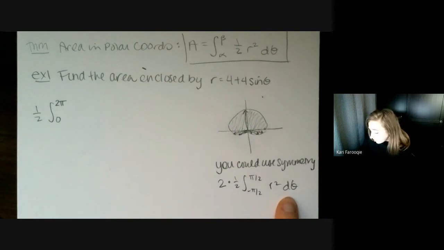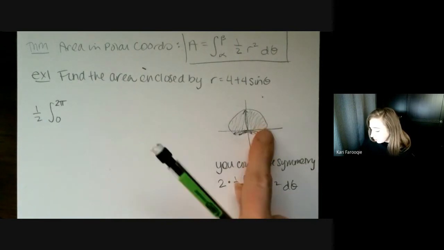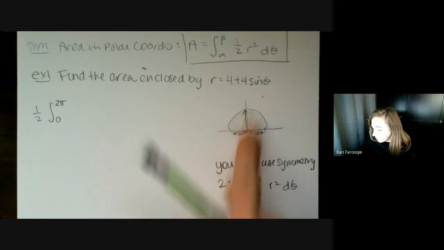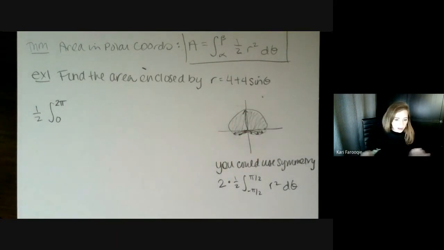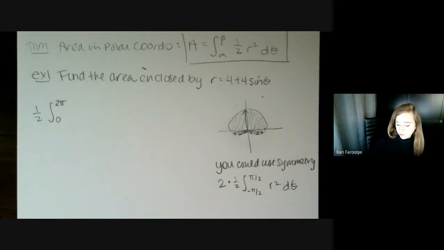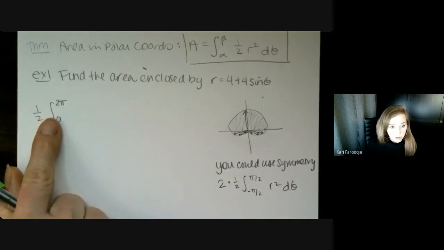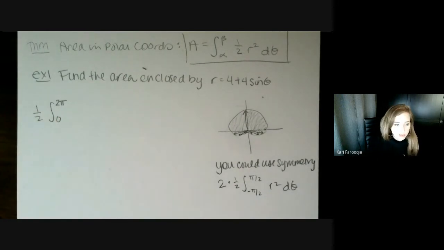You couldn't do twice the area from 0 to pi, because the area on the top and the bottom is not going to be the same. But like I said, play around with this. I even think changing these values really helps to give you a sense of what will and what won't work, and it's very instructive in and of itself. But I'm going to focus on just taking the whole thing right now instead of using symmetry.